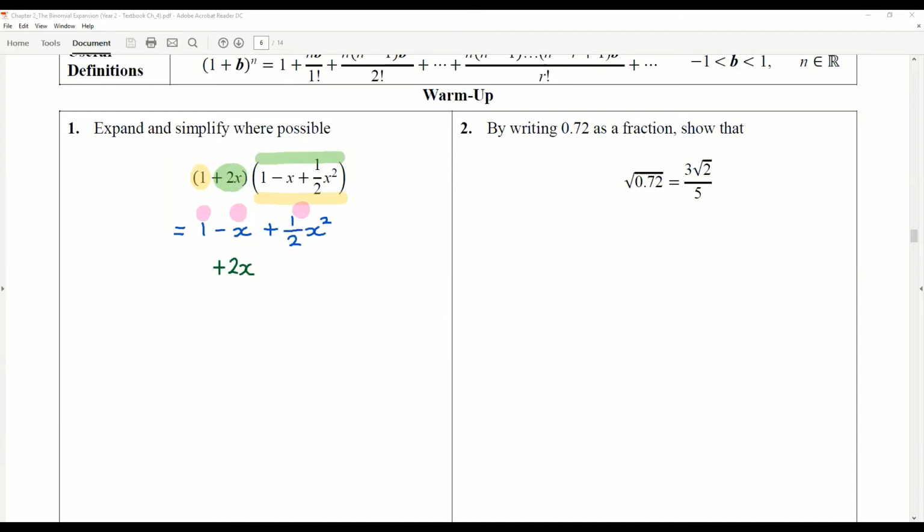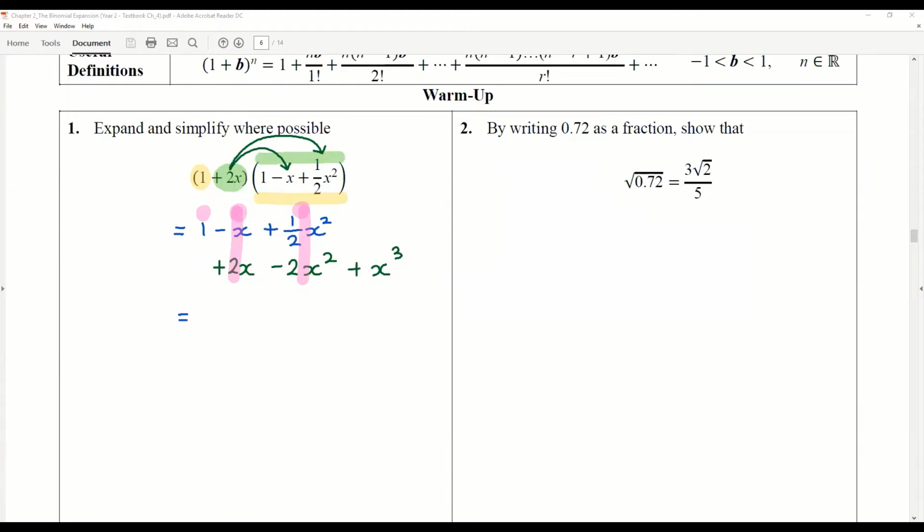And then we have plus 2x multiplied by negative x. So that's going to be negative 2x squared. And then we have plus 2x multiplying the plus 1/2 x squared. All right, so the 2 and the half will cancel to give 1, so that's going to be plus x cubed. All right, now let's add our like terms vertically. So we've got to add our x terms there and our x squared terms there, and we have 1 and an x cubed remaining. So if we do that,